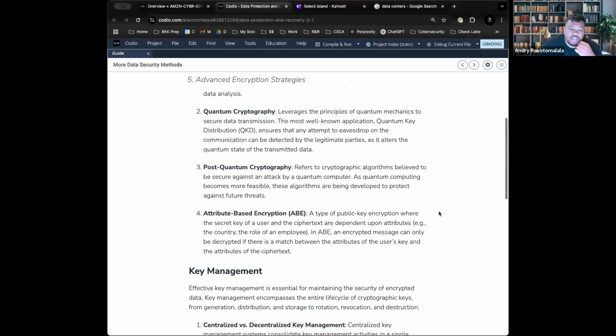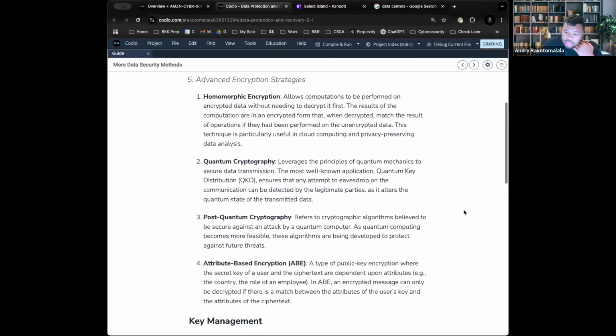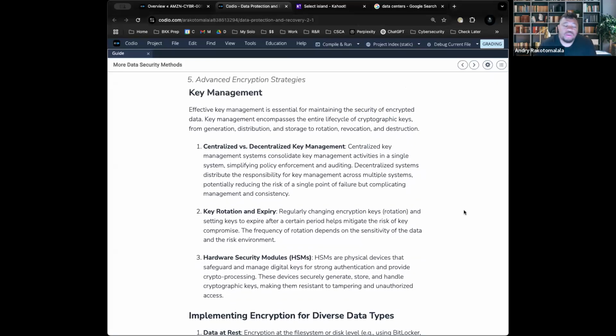So, as you can imagine, each of these has a certain key that allows you to encrypt and decrypt that information, right? So, you might be asking, okay, well, how are those keys stored? Where are those keys stored? And how specifically do we share them? How specifically do we generate them?